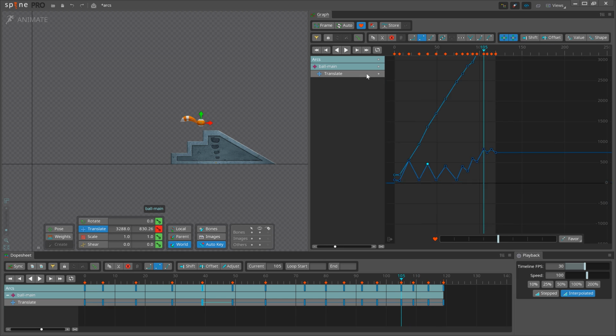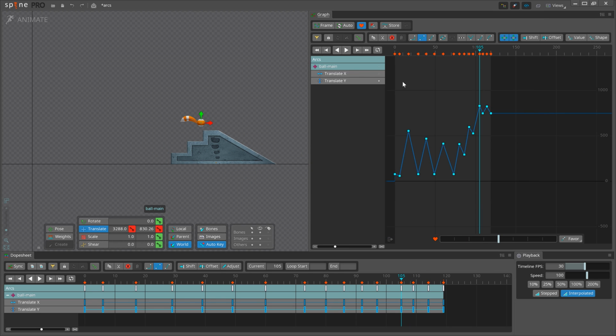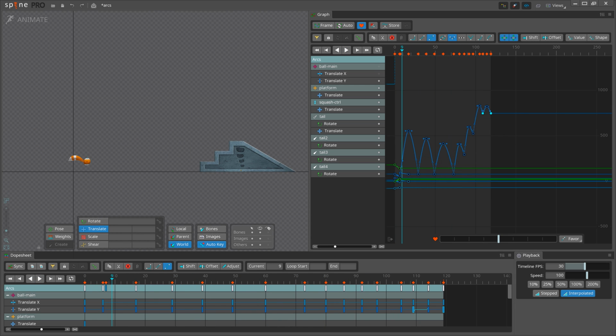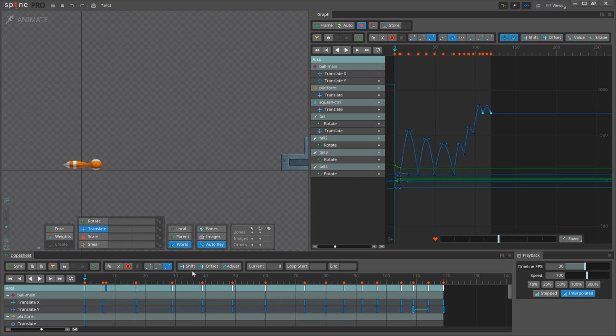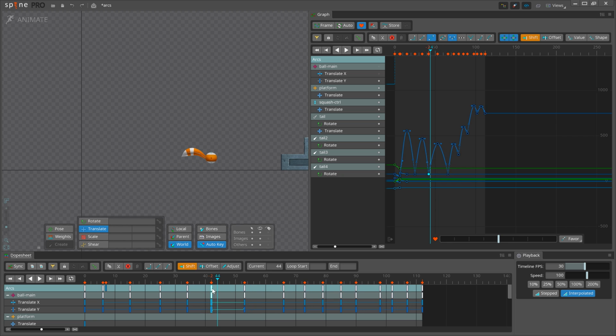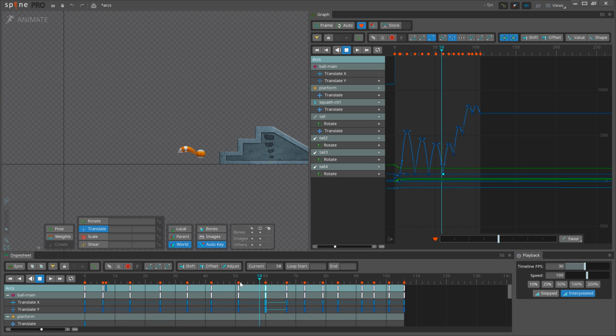Once I have pretty good timing for the ball's keys, I change the curves to Bezier and adjust them to get good spacing. Sometimes I will adjust the timing a little bit. I repeatedly play the animation and make adjustments by using the play forward reset hotkey to play, then reset back to the frame I started on.